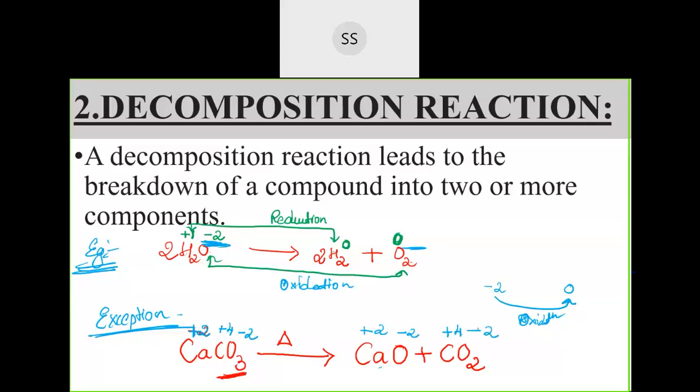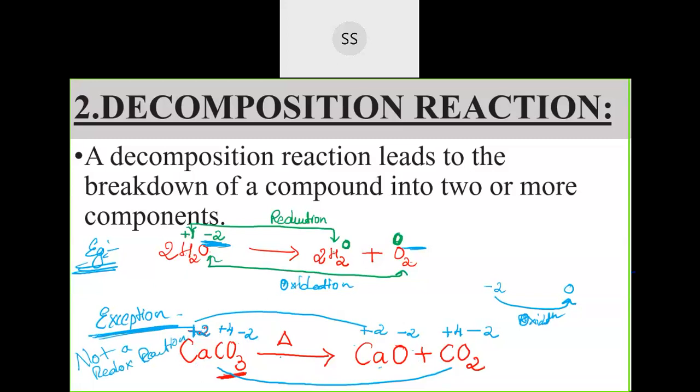Now see, from this calcium to this calcium, has anything happened? No change, correct? Initially in the reactant it was +2, in the product also it is +2. You can talk about carbon also. Carbon on the reactant side was +4, on the product side also it is +4. Oxygen, in both cases it is -2. So there is no change in the oxidation number. It has remained the same. So this is not a redox reaction. In a redox reaction what should happen? One should gain and one should lose. Here there is no change. So this is one exceptional case. This is not a redox reaction.